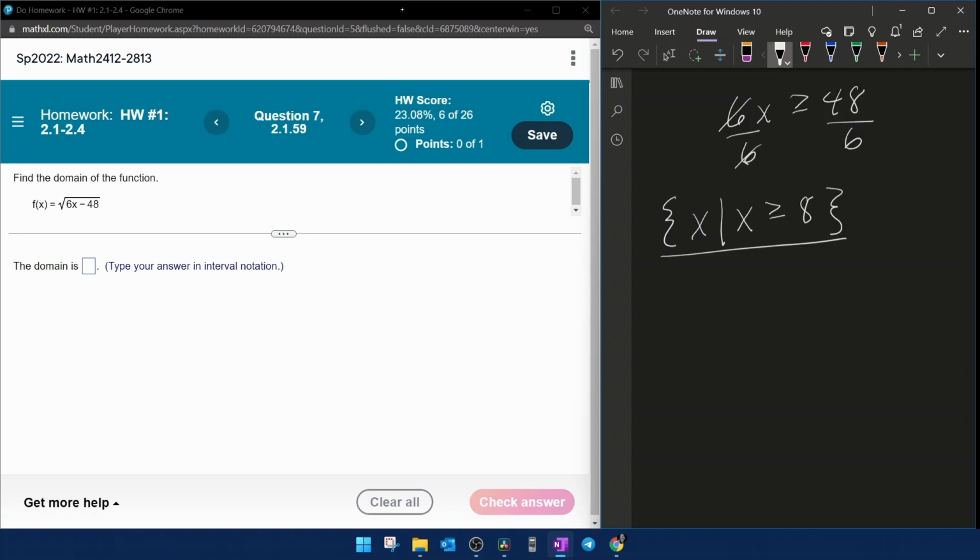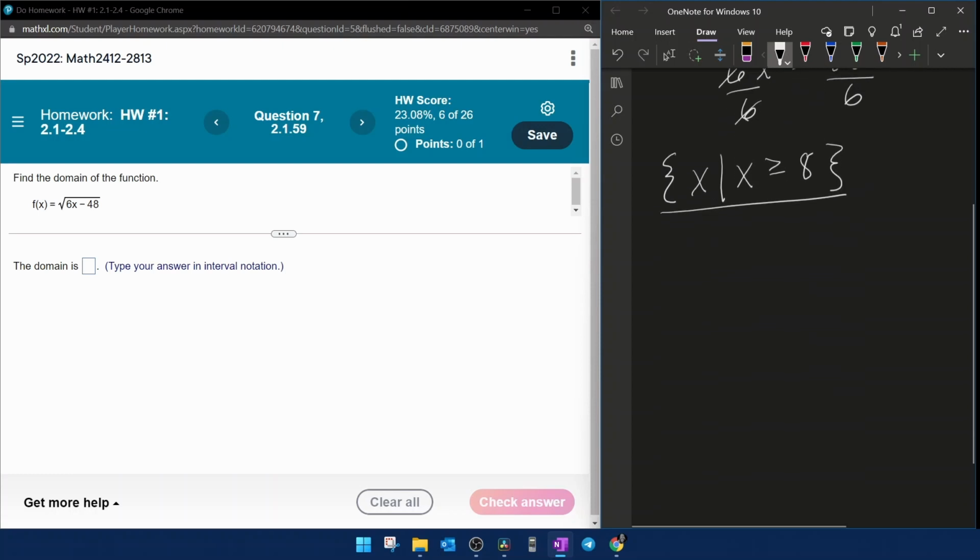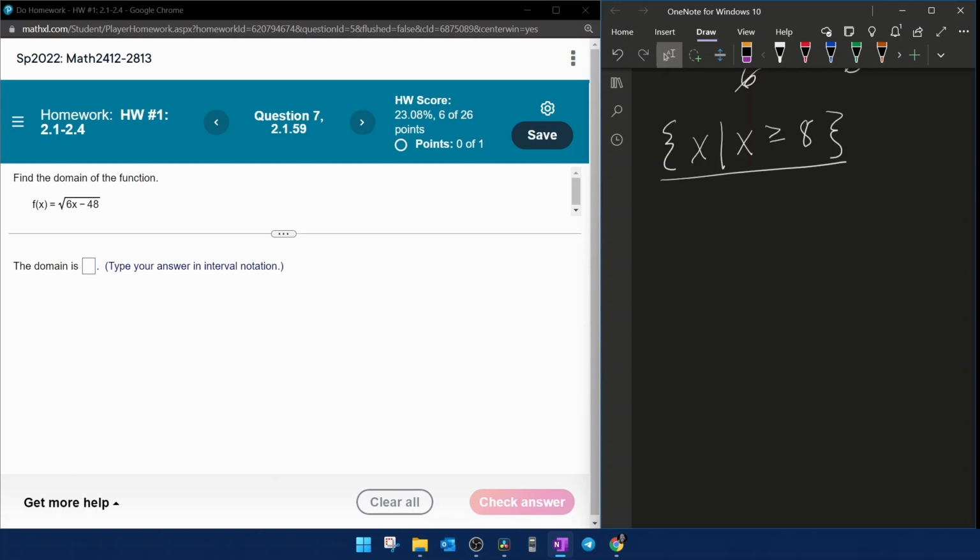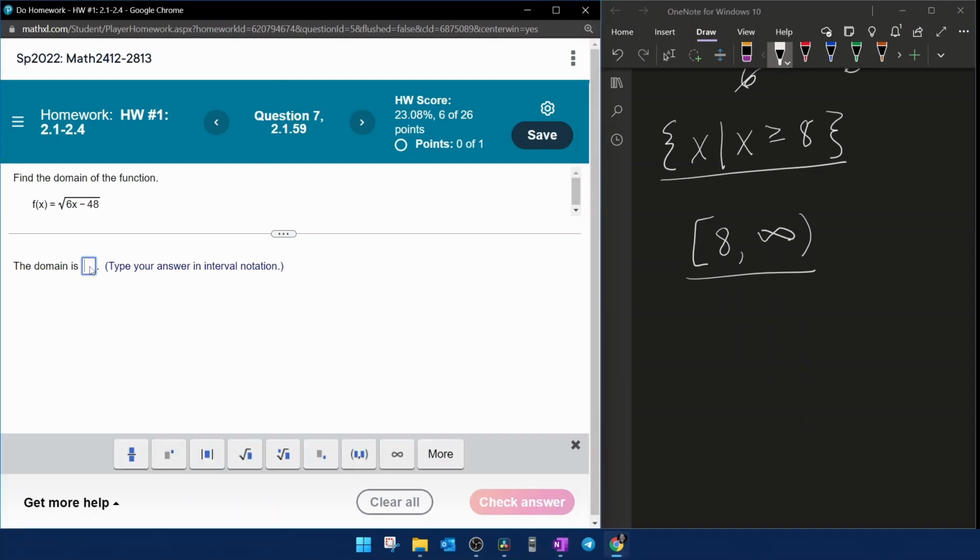Notice that our instructions say to write the answer in interval notation. So if we have to be greater than or equal to 8, that means that the x values will start at 8. We're going to use a bracket to indicate that 8 is included in the domain. And we will continue to infinity. And an infinity always gets a parenthesis. So this would be the domain written in interval notation. We're going to need to get the bracket from the keyboard, 8 to infinity from the toolbar,